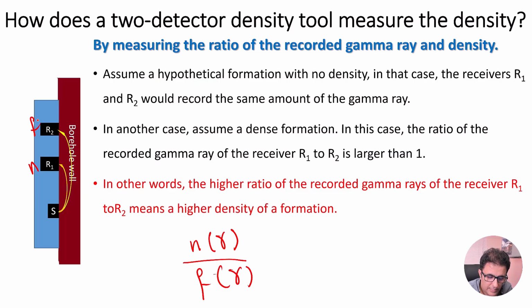And assume that the formation density is 0. If we assume that the formation density is 0, in that case, the two detectors will record the same number of gamma rays. And what we should expect here is that this ratio should be 1. Now consider another scenario